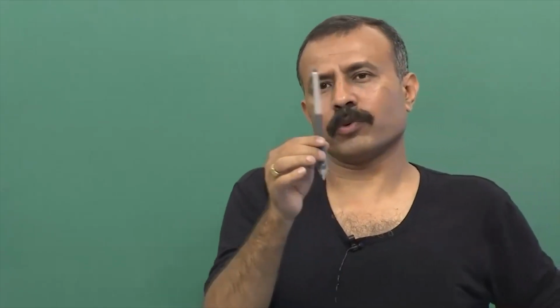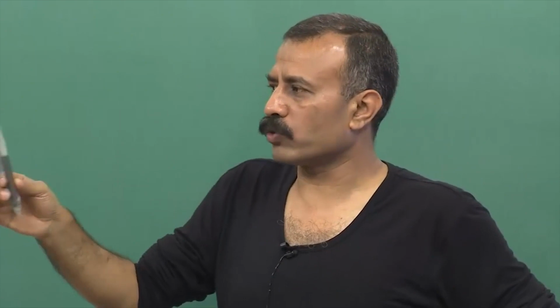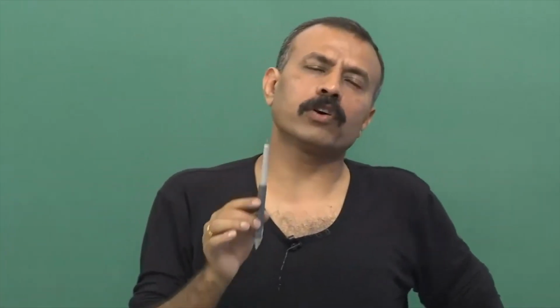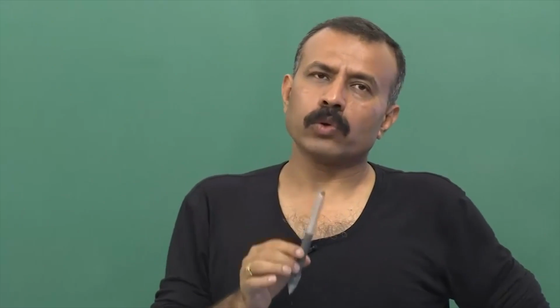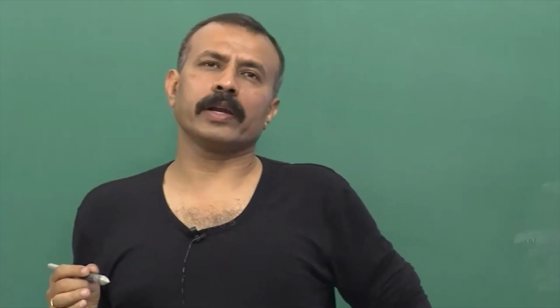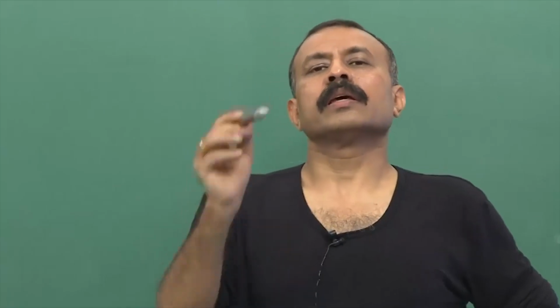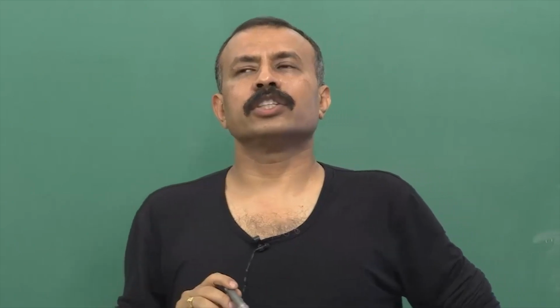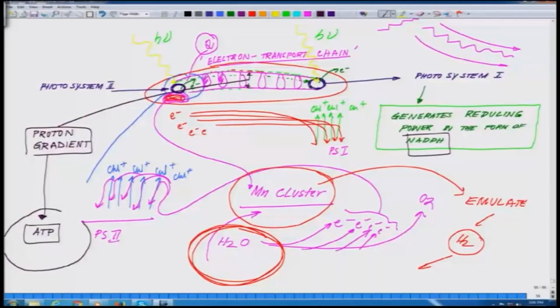But while doing this process of transferring the electron from photosystem 2 to photosystem 1, it follows a cascade from one electron transport protein to another, to the third one, to the fourth one, and so forth. The reason for following such a slow transport process is that during that process, it generates a proton gradient across the thylakoid membrane, and that proton gradient generates sufficient energy which is essential for synthesizing, what we talked about here in the slide, the ATP molecule,